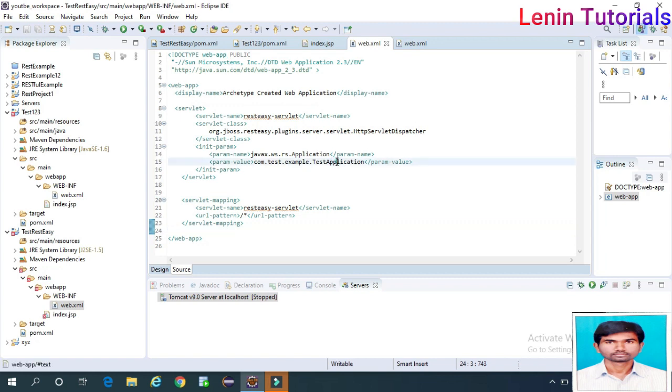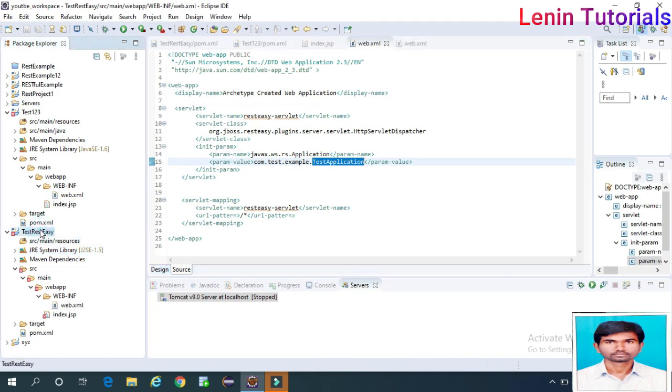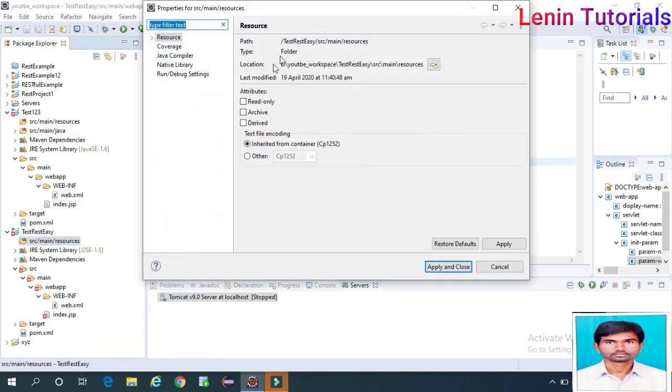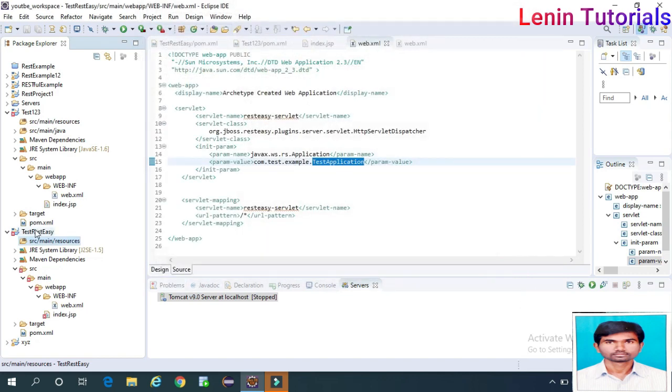I need to create one test application which extends the REST application actually. Okay. First we need to create some source folder. Yeah, right click, properties. What is that? Folder, type folder. Okay, we need to create src/main/java folder.